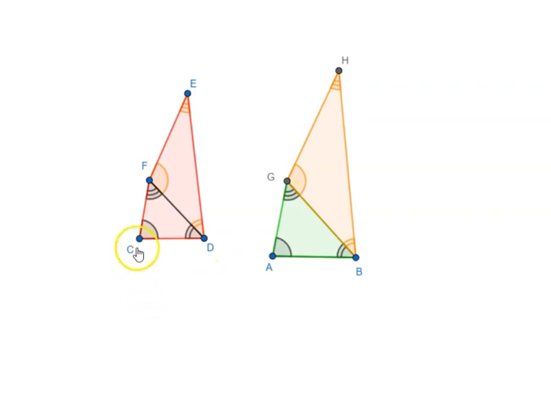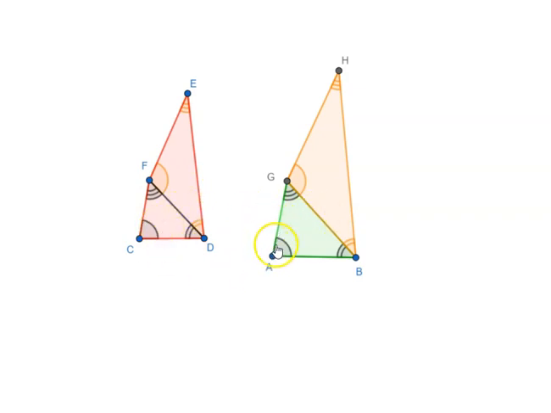Similarly, angle CDE is equal to ABH, and angle EDF is equal to HBG. Since these two angles are equal to these two angles, their sums will also be equal. That means we have shown that angle C is equal to angle A, angle D is equal to angle B, angle E is equal to angle H, and angle F is equal to angle G. That means these two figures are